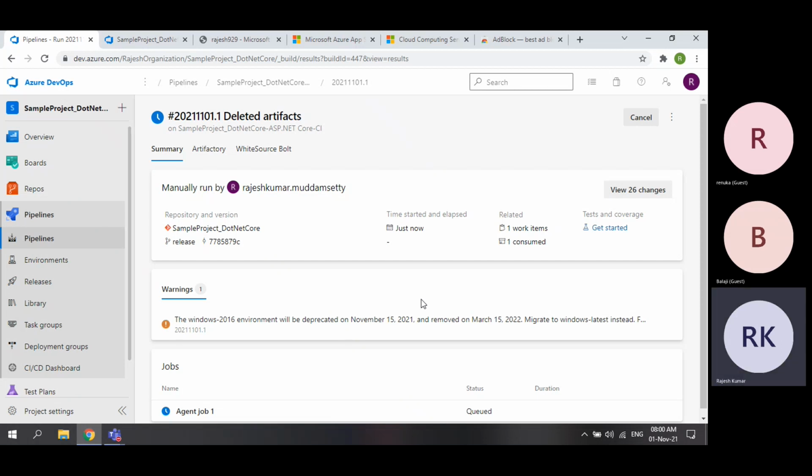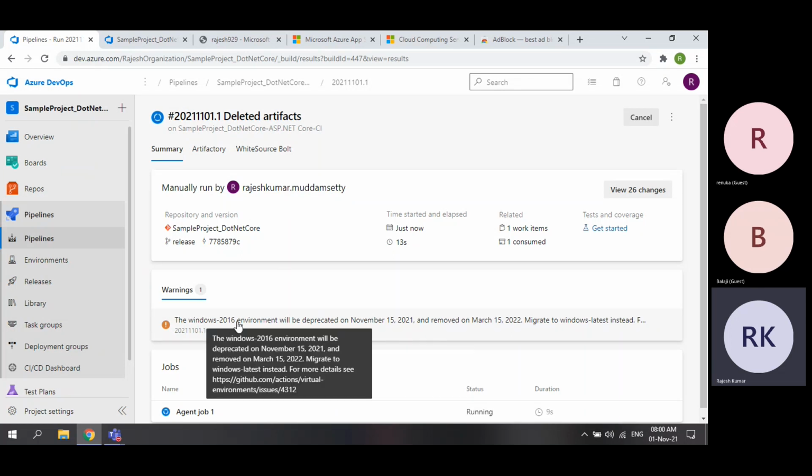See, you got first warning. What is that warning? While creating this build pipeline, in the agent section, I have chosen Windows 2016.